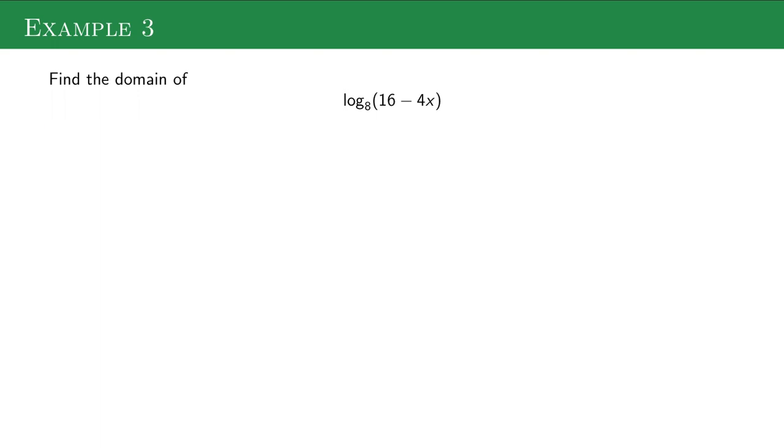So what about this one? Log base 8 of 16 minus 4x. We actually don't know how to graph this one by hand, so you kind of have to do it this way. But we know whenever you have a log, the inside has to be bigger than 0. Then you just solve this inequality. So I'm going to subtract 16 from both sides, divide both sides by negative 4, and I get x is